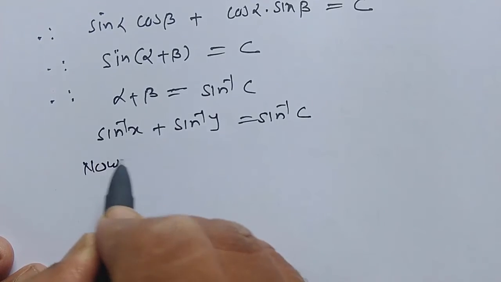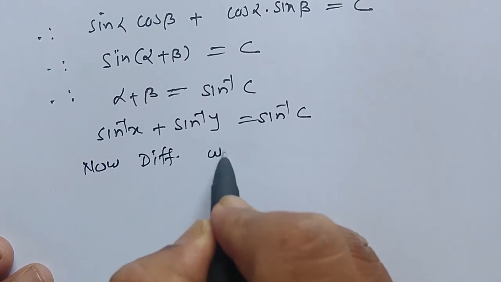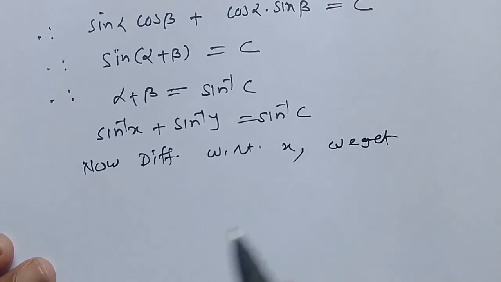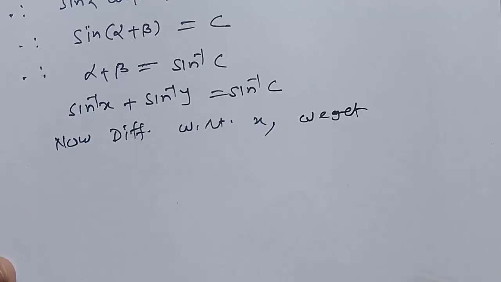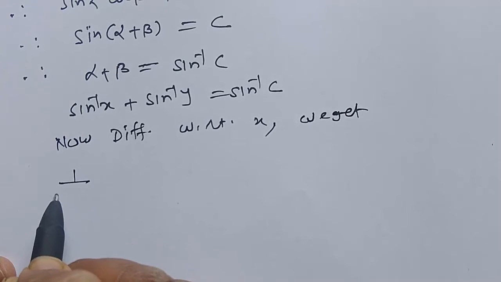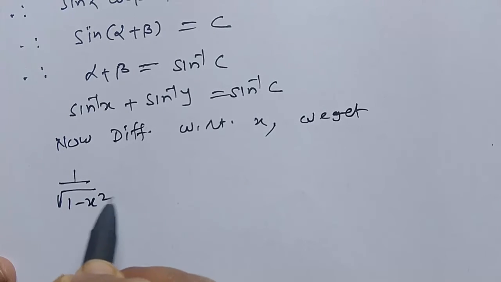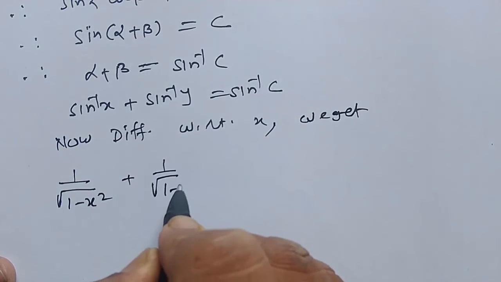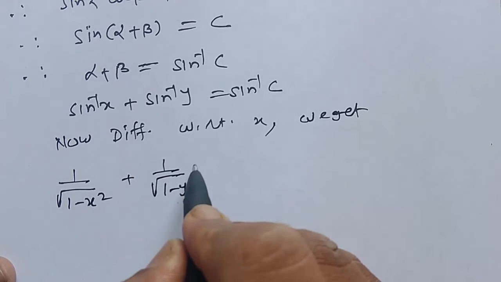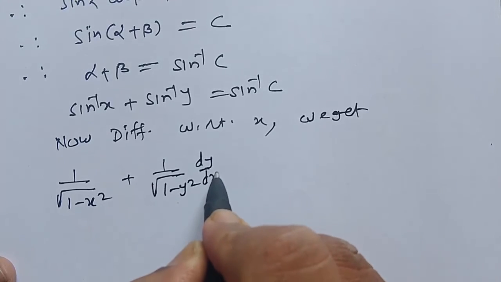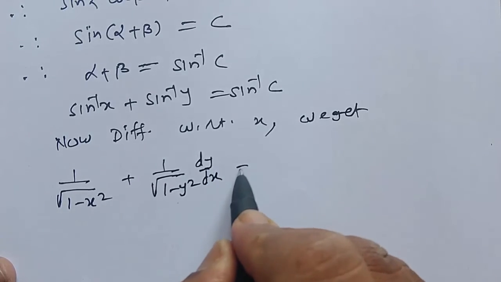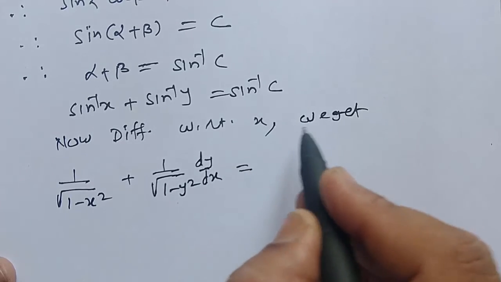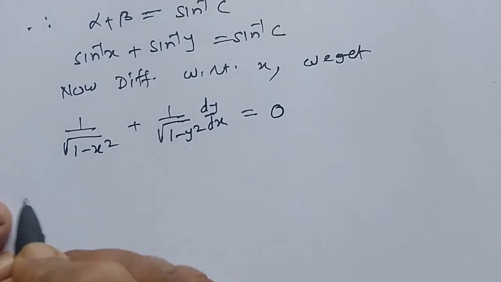Now, differentiating with respect to x, we get derivative of sin inverse x is 1 upon under root of 1 minus x square plus derivative of sin inverse y is 1 upon under root of 1 minus y square. Y is a function of x, so by chain rule it is multiplied by dy by dx, is equal to derivative of c. c is constant, sin inverse c is constant, so the derivative of a constant is 0. Therefore,